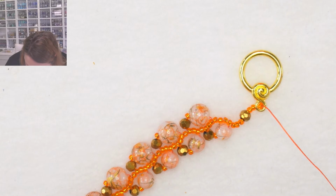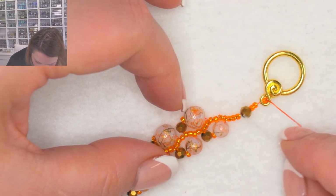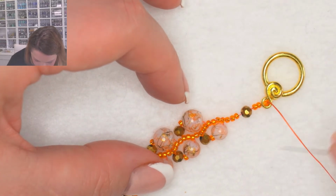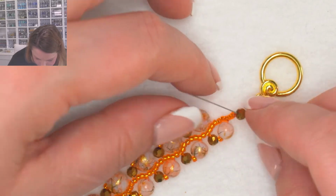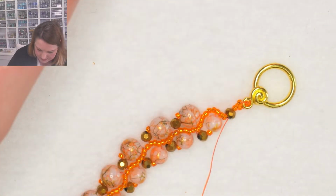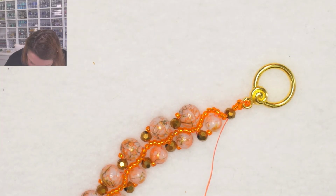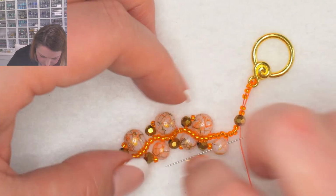And then I'm going to pick up 3 seed beads again, and I'm going to come back through the crystal bead. So I'm going to come back from the clasp end towards my necklace, and I'm going to pull this up nice and tight. I'm going to pick up another 3 seed beads, and I'm going to go into the last glass bead on